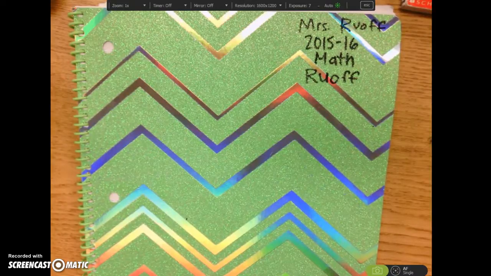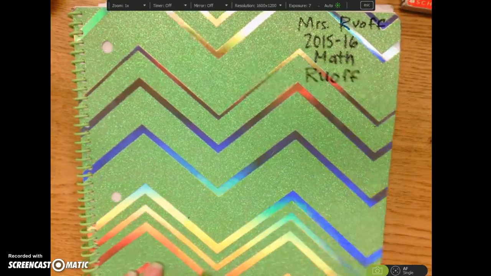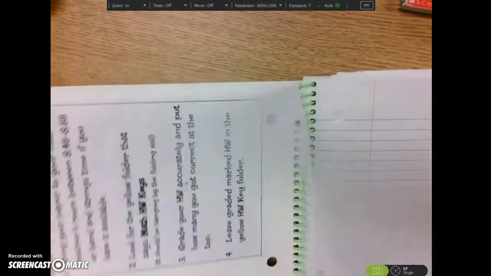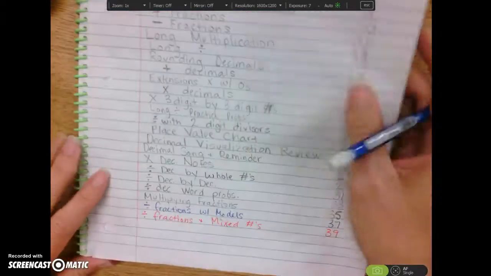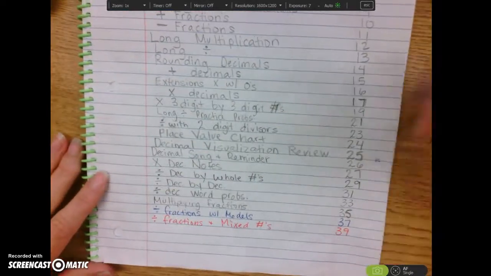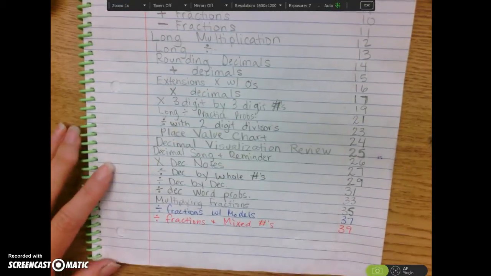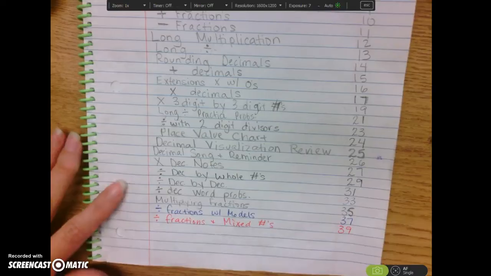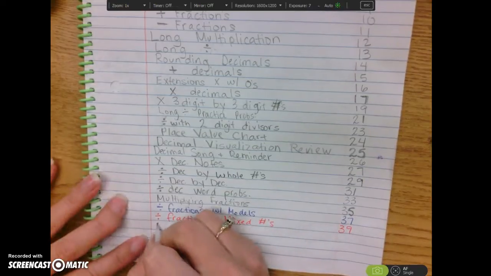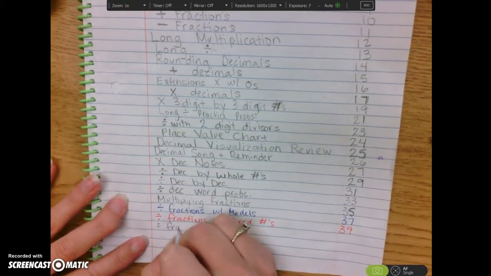We are going to be delving further into the division of fractions, and now we're going to be taking it to the real-world practice of word problems. So if you can go to your table of contents, and some of you are on the back of your page, that's totally fine. It just depends on how many lines you have, depending on wide ruled or college ruled, etc. So whatever you would like, we need to do dividing fractions